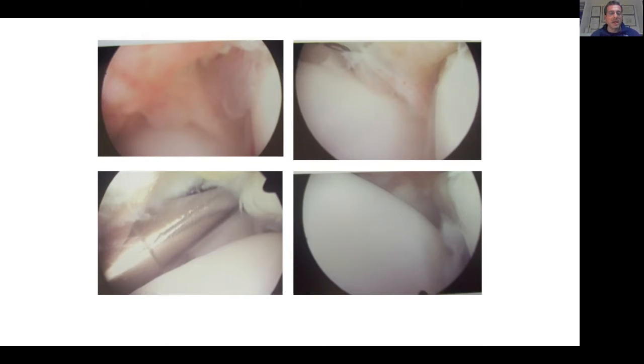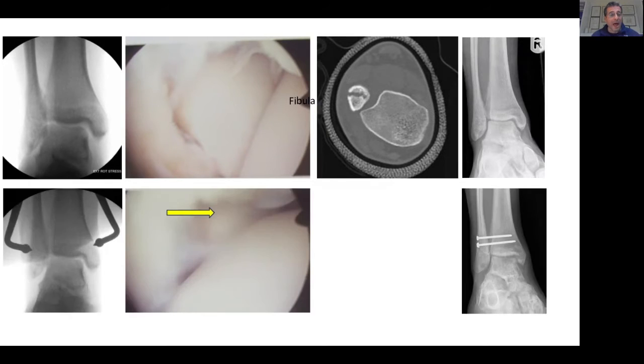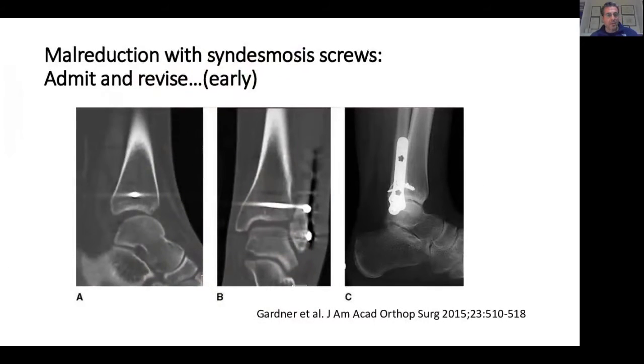An arthroscopic assessment of the joint found that there was an anterior syndesmosis injury, I would say. We cleared the scar tissue, and you can see here the position of the fibula. I have rotated the CT scan image anteriorly to the tibia, and once you put the clamp on the outside, you see the fibula sliding back into the correct place, and you can assess it like this. You put the screws in the reduced position, where you have checked on this occasion arthroscopically, using your C-arm at the same time, that the fibula is reduced in the incisura.